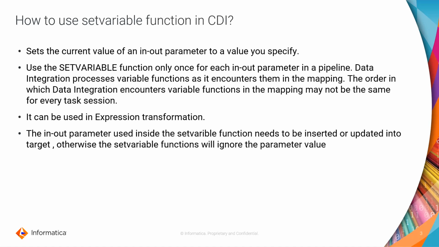This function, you can use it inside your mapping, together with in-out parameters. It's very important to remember that it's only with in-out parameters. We recommend you use this function only one time per mapping per in-out parameter. Why? Because if you are populating the same in-out parameter more than once in your mapping, and let's say that you have multiple paths in parallel, and you are using Setvariable to populate the same